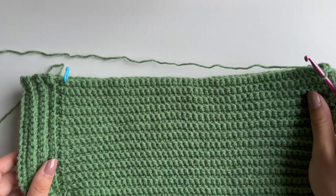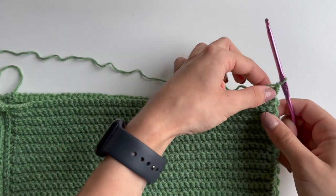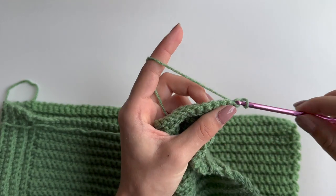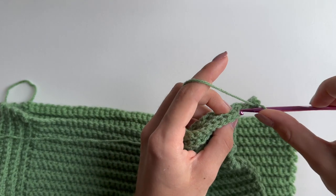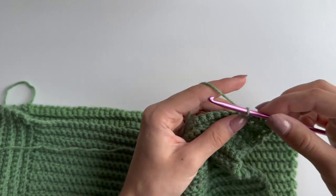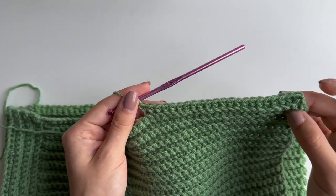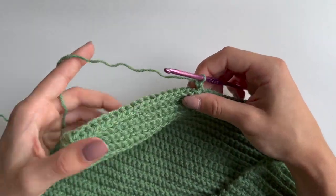Once you're done with your rounds, that will be 68 rounds in total. You can take your stitch marker out and you should have finished here at the bottom. Next, for the next 8 rounds, you want to single crochet 22 into the back loops only. So do 22 single crochets. And once you did 22 single crochets, chain 1, turn your work and do another row of back loop single